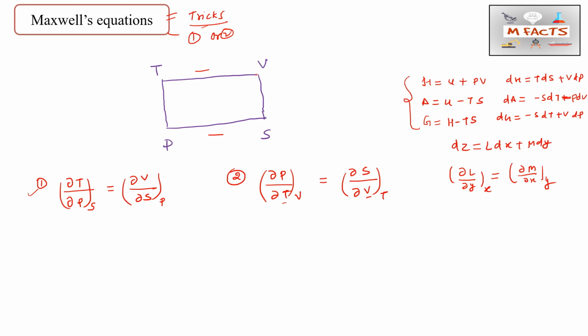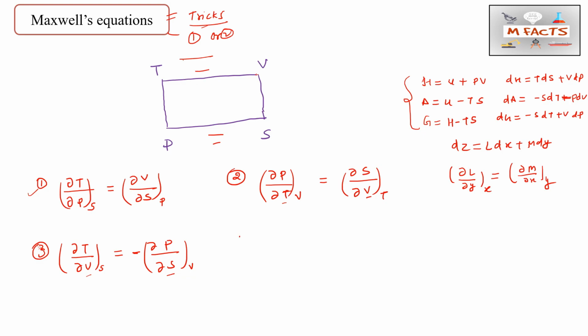Okay, so what about the third equation? How we can get the third equation? We'll take ratio here, like del t by del v by del p by del s. Okay, so what is the equation? Del t by del v is equal to del p by del s. Okay, but here this is minus sign, so we will take one minus sign. Okay, we will not take two minus signs because we can take only one minus in the equation. Okay, so this is del v, this is del s, so we will take s here and v here. So this is simply the third equation of this Maxwell equation.